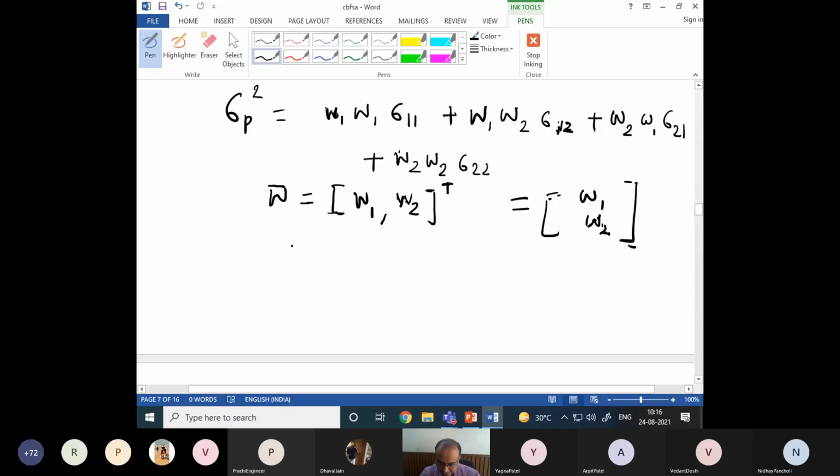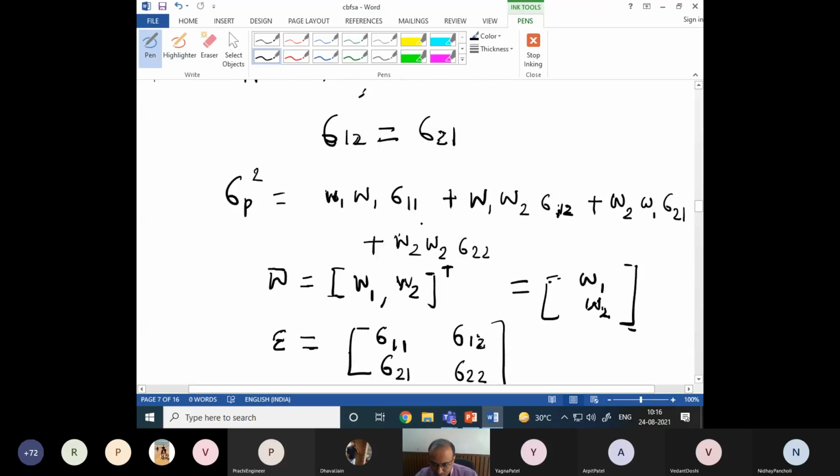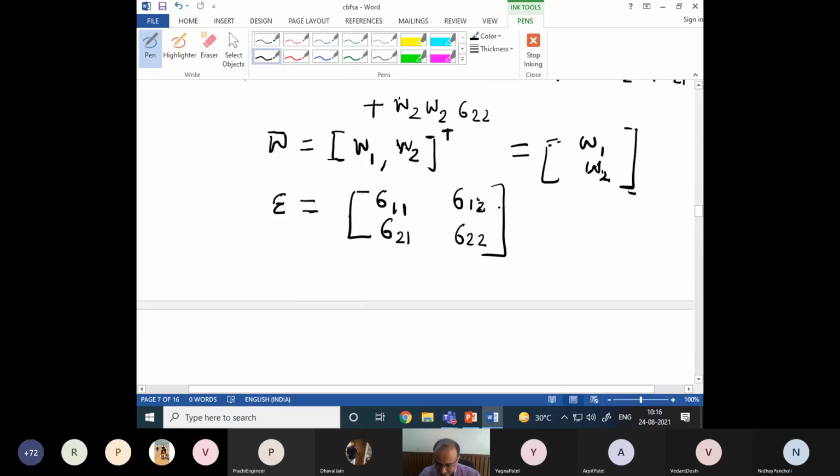Also, I define another matrix, say sigma, and this sigma is like this: sigma 1 1, then sigma 1 2. It is a square matrix. Sigma 2 1 and sigma 2 2, right? Sigma 1 1 is actually sigma 1 square, sigma 2 2 is actually sigma 2 square, and sigma 1 2 equals sigma 2 1. So this is actually a symmetric matrix. This is square and symmetric, so this is always a square. Please bear with this pen.